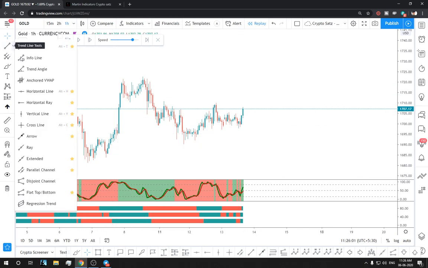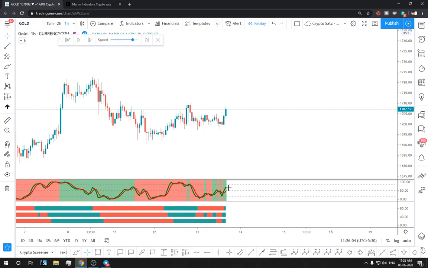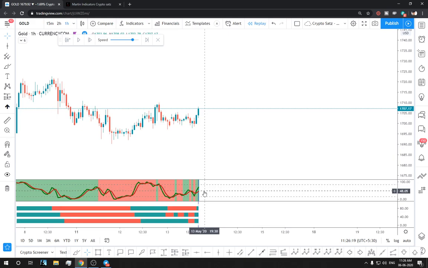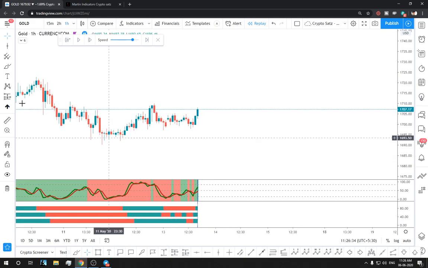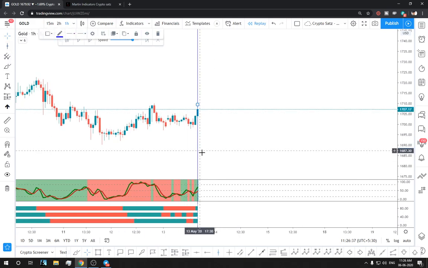So let's start. At this point of time, this candle is closing in green, which is an indicator. We have 3 bars green over here. As per my last strategy I taught you guys, when we have a stochastic trend background as green and we have trend meter 3 bars green or red, we wait for one candle close to take a long or short position. In this case we have a green background here, 3 bars green over here, and this is a valid long signal, so we're gonna long it.